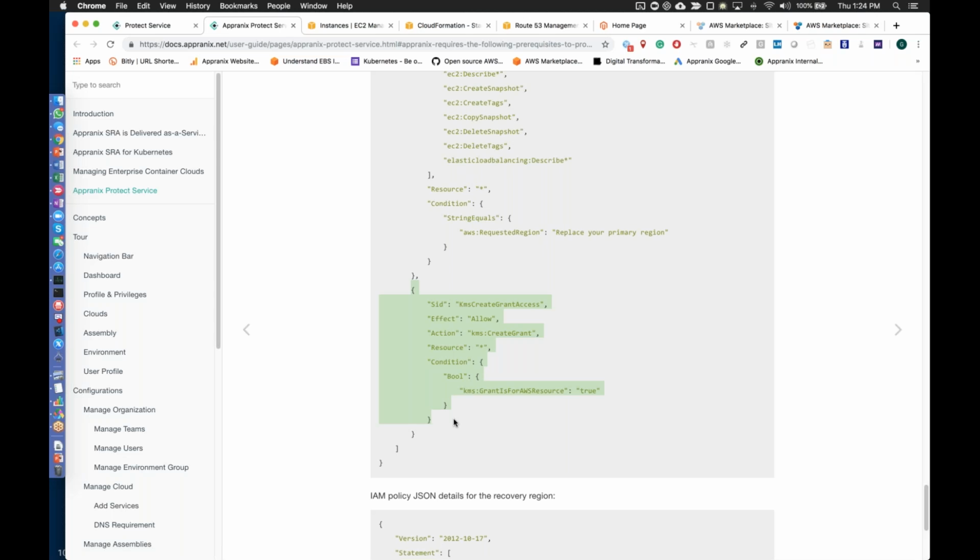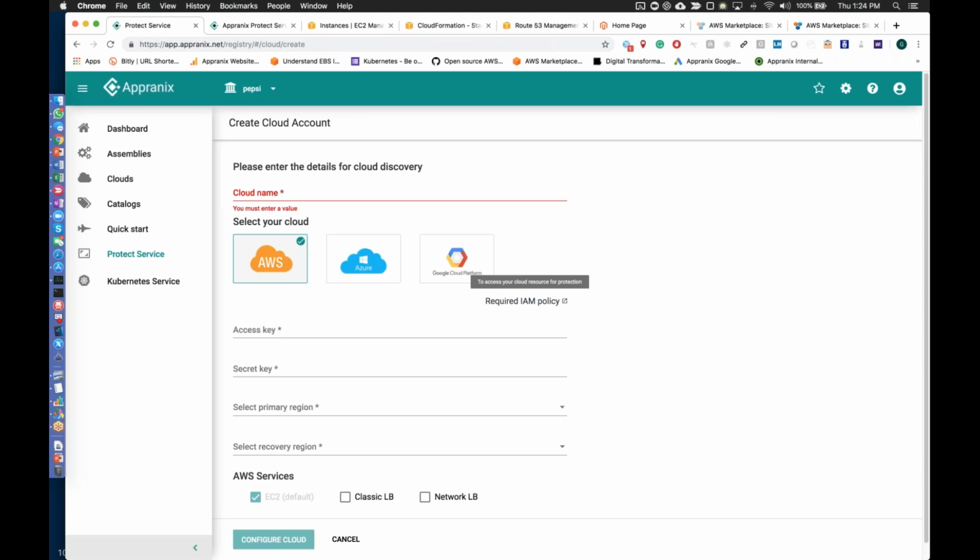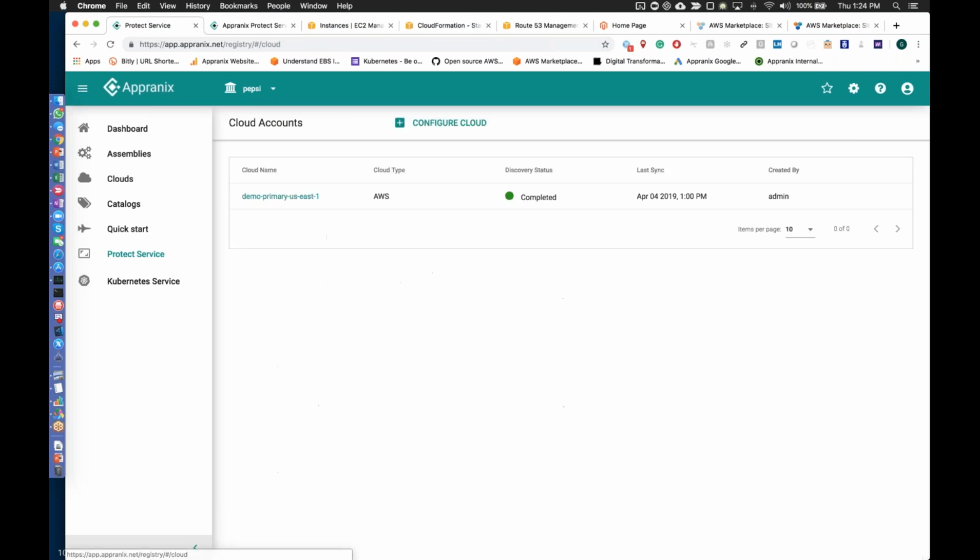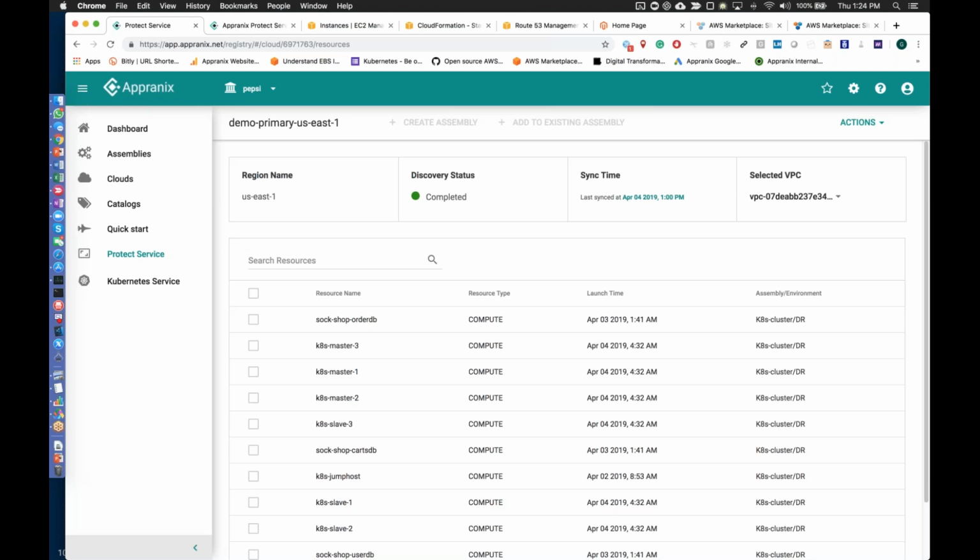So you're free to change and rotate your keys anytime, rotate your password anytime, access key, secret, all of that you are free to do. So you don't have to worry about it. And some of the largest enterprises are using our system. So this is proven already. Once you configure the cloud configuration for the Protect service, it automatically discovers your infrastructure as a service, all the instances of those services as well.